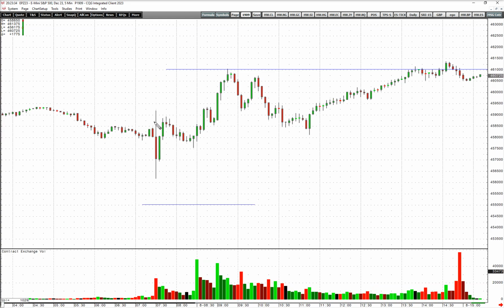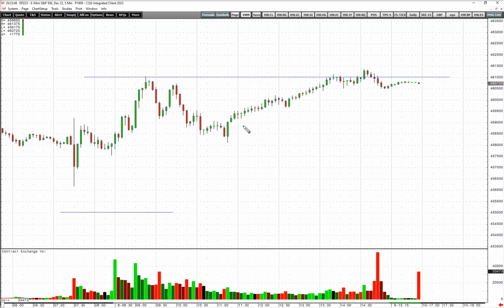So on that initial reaction we had down, we knew that it did not go far enough to create a feedback loop to the downside. And then it slowly went up and found resistance at the upper boundary. And then it sold off from there and then continued to drift higher. And it's just sort of playing around, getting a little bit of acceptance at this upper boundary level.